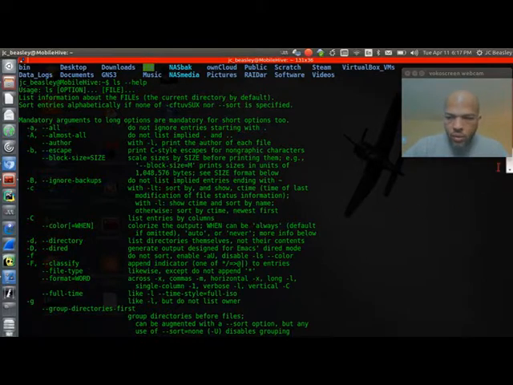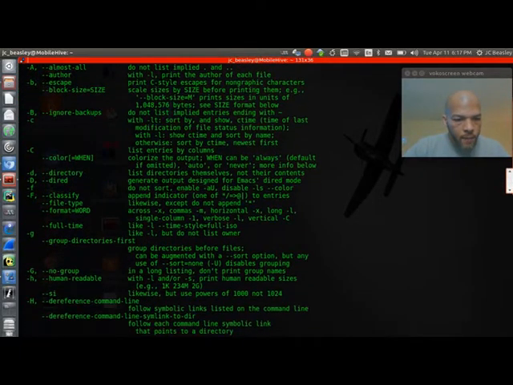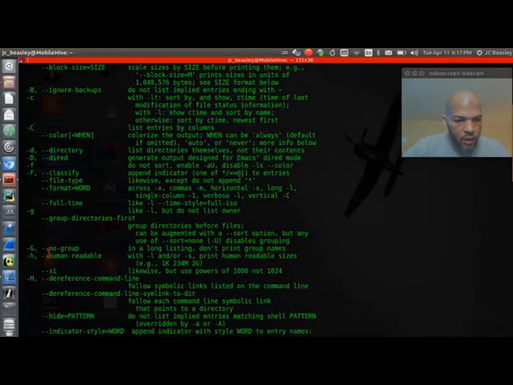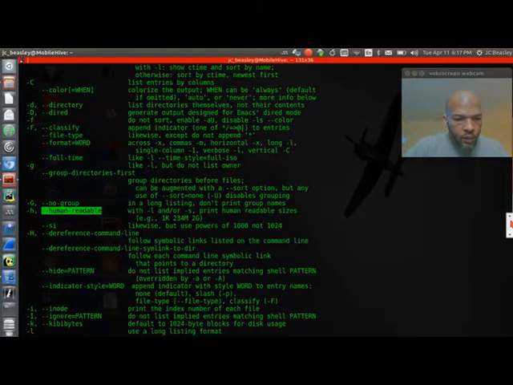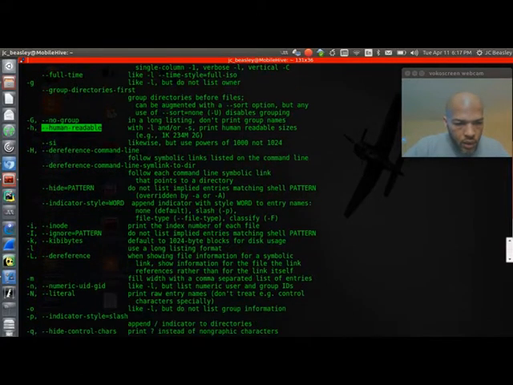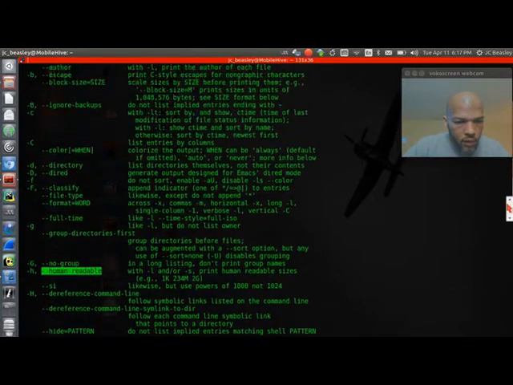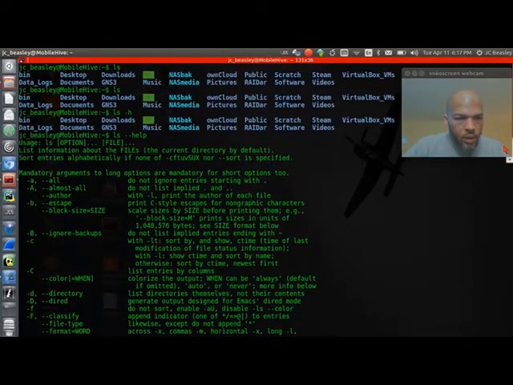And this is a good one here, human readable: ls space minus h will give us human readable sizes if you want file size. I also want the long format. And there's an option that says do not ignore entries starting with a dot. So ls